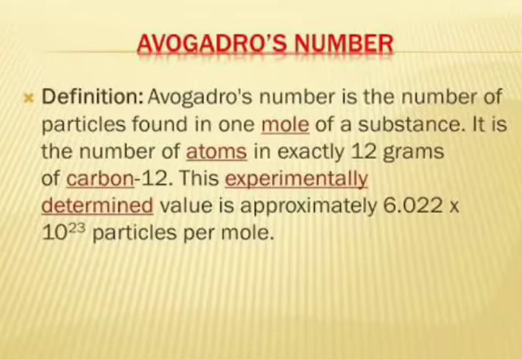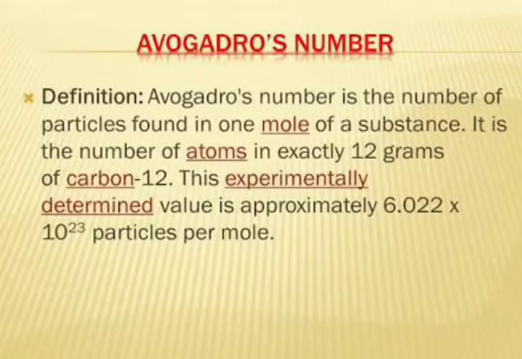If it is 1 mole of oxygen atoms, that means 1 mole of oxygen atoms contains 6.02 into 10 to the power 23 particles. Similarly, if we say 1 mole of oxygen molecules, then how much does it contain? That means 1 mole of oxygen molecules contains 6.02 into 10 to the power 23 molecules. So what do you understand here? That means this Avogadro's number can be used for all substances, that means in atoms as well as in molecules.